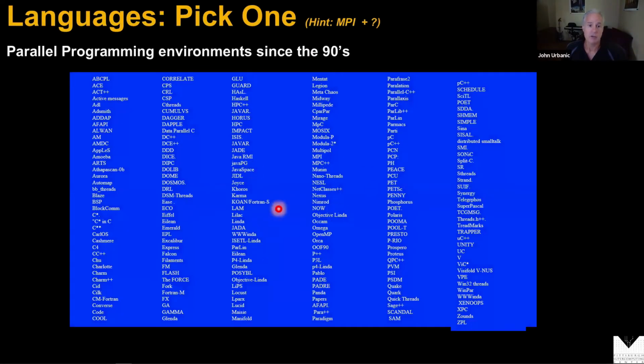I wrote this slide a long time ago with the list of choices at that point in time, and the list has only grown and it changes and morphs all the time. So I don't even update this slide because what's the point? Today I could easily find several hundred different proposed and reported techniques for doing parallel programming, because somebody's always writing a new parallel programming language or a new technique or a new library or just a whole new paradigm way of thinking about things. So you have countless choices in parallel programming. There was an explosion in the 90s and it's only continued since and gained momentum. And it can be overwhelming.